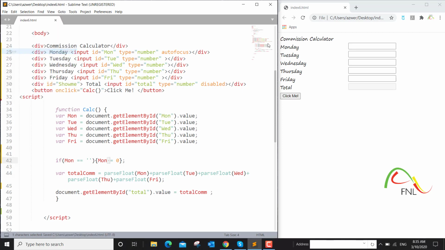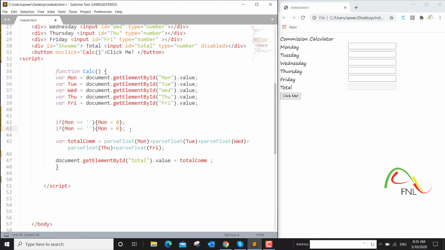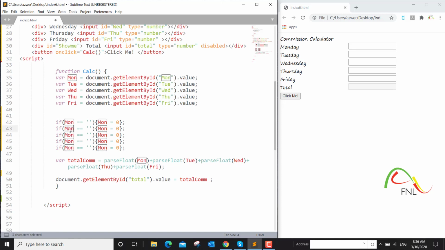Okay, so if I save it now and refresh it and just leave this field blank and punch in some numbers and press click me, the total still shows up. We want to do the same thing for all of the fields. So I'll make 5 copies of it. I'll make 4 copies of it, and I will say TUE